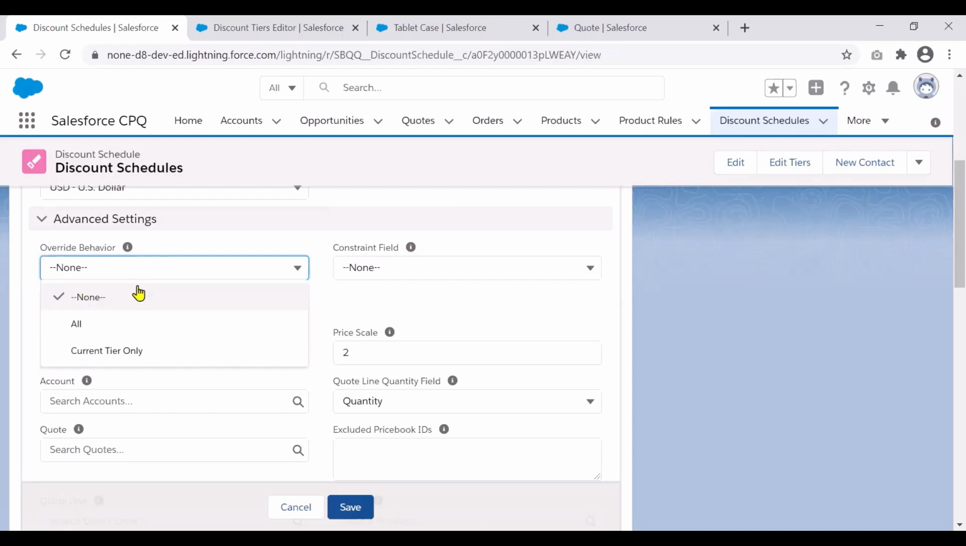There are two options here. One is all, and the second is current tier only. So as the name suggests, when you choose all, the reps will be able to update all the tiers. They can change any of the values there. But if this is selected to current tier only, then when they're trying to update the discount schedule, they can only update that particular tier in which that particular quote line falls in. And for that, they can only update the name, lower bound, and the discount percentages, but not anything for any